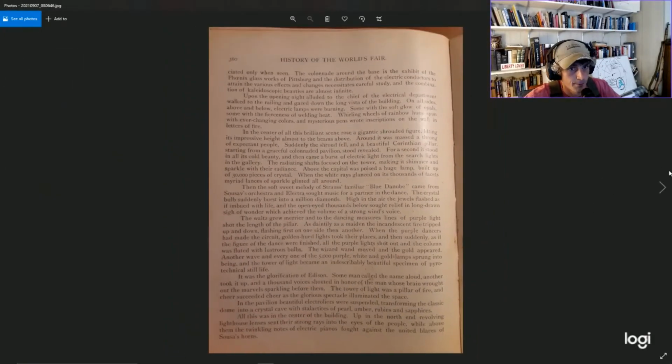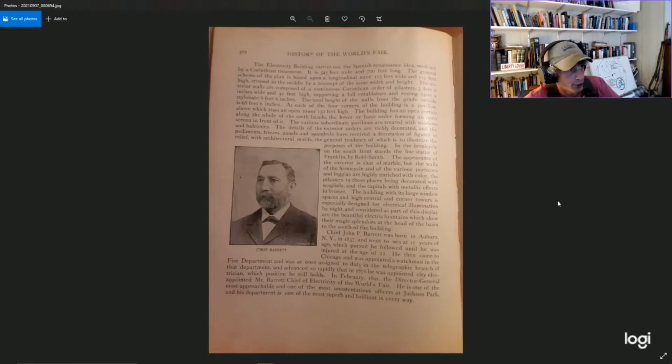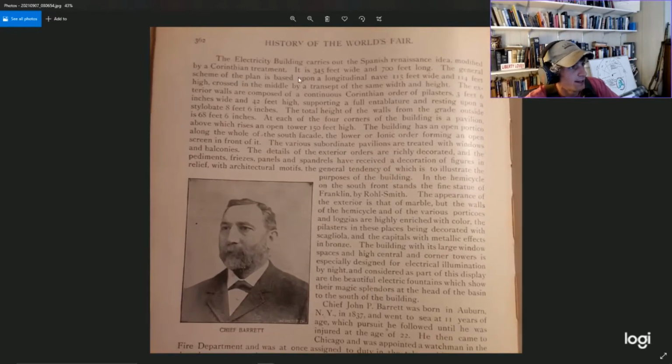I think we're good. Oh no, we got one more. The electricity building carries out the Spanish Renaissance idea, modified by a Corinthian treatment. It is 345 feet wide and 700 feet long. The general scheme of the plan is based upon a longitudinal nave 115 feet wide and 114 feet high, crossed in the middle by a transept of the same width and height. The exterior walls are composed of a continuous Corinthian order of pilasters, 3 feet 6 inches wide and 42 feet